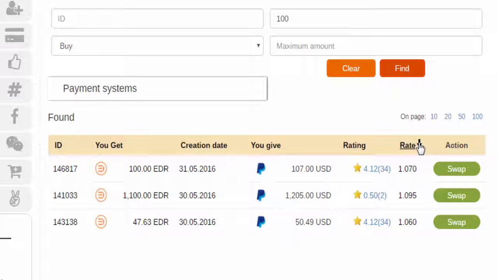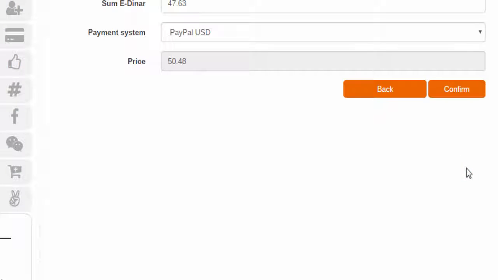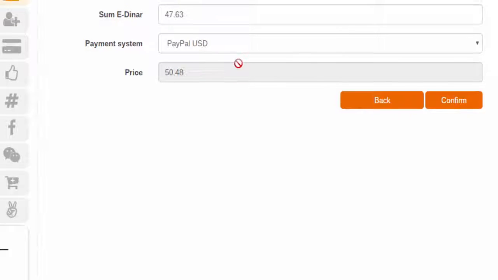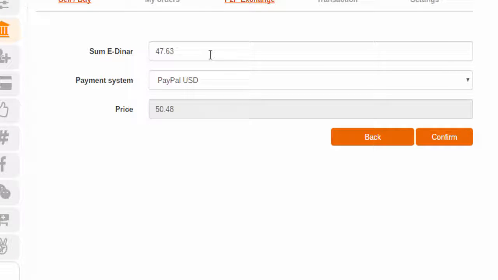So if you click on the rate button, it'll put in a list of priorities. So the 1.06 is at the highest, and you can choose that if you want to buy that way. So if you want to do that transaction, you click on swap, and it'll ask you to confirm the payment. So you're buying a certain amount of E-Dinars, that's the price. Click on confirm,